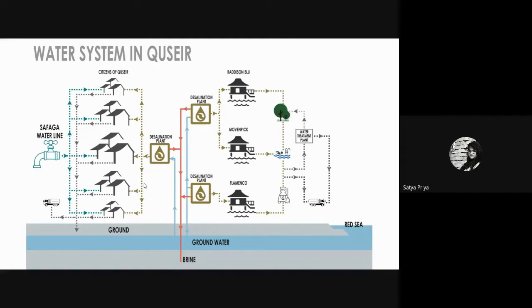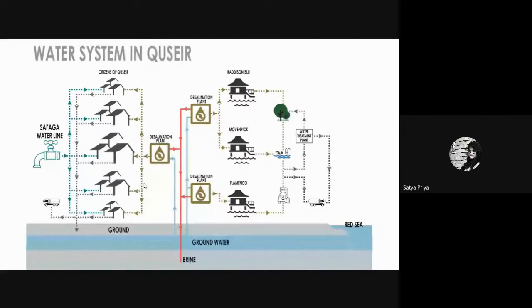And there is the wastewater, the grey water that is generated from the resorts. It is usually treated, and the treated water is used for the landscaping, and the wastewater is again transported back